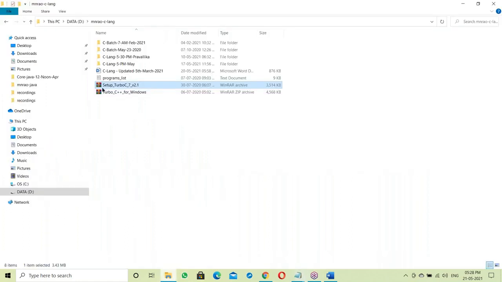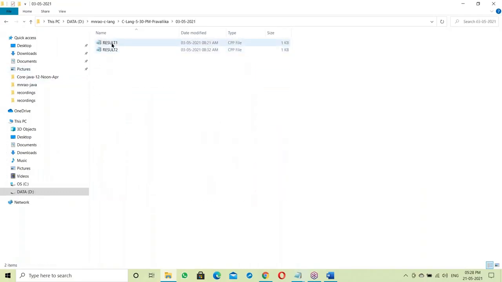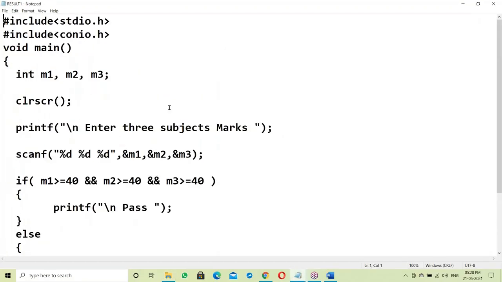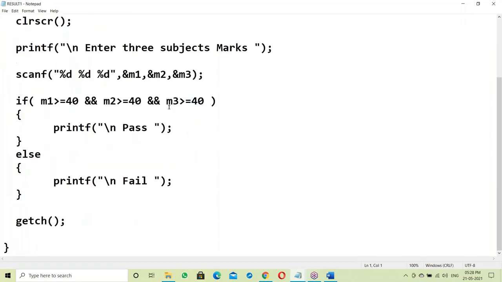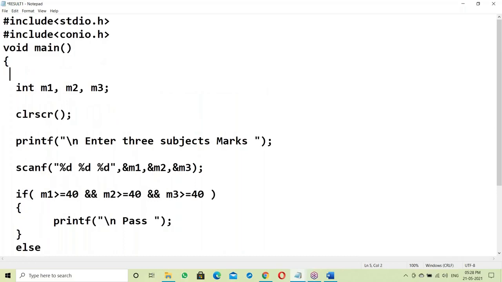Let me show an example. Suppose some C program here. See, this is a C program. This code is called source code. In this source code, for example, I am writing some comment here.